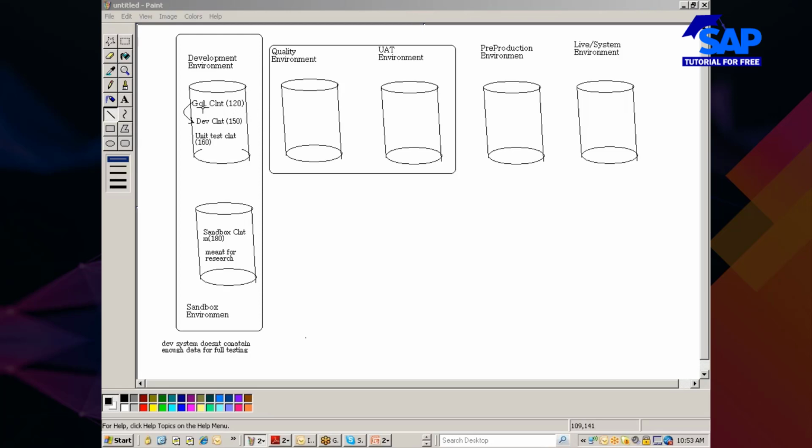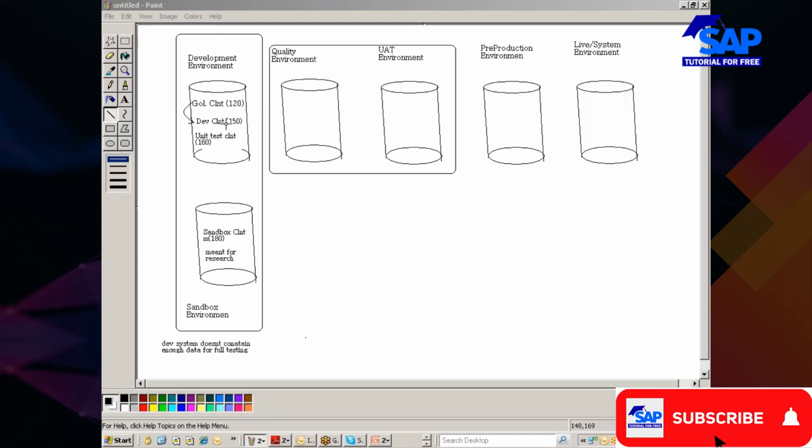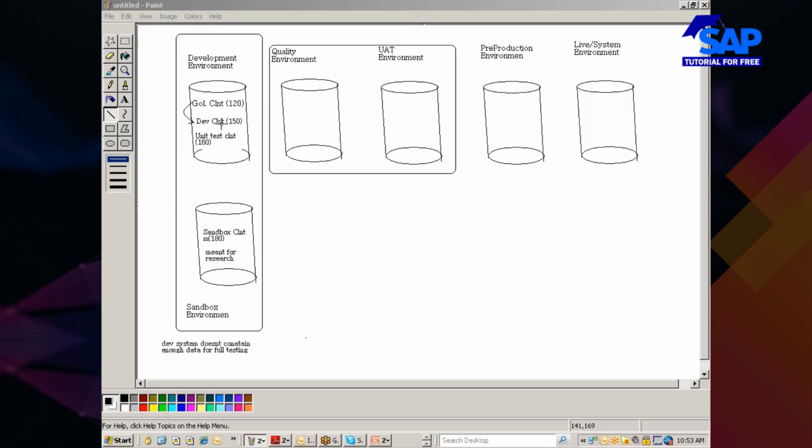All the changes that you do in golden client will be auto imported to development client. Sometimes, like I said, development client and golden client may be the same, sometimes, not always. So if that is the case, what happens is, let me put it this way.